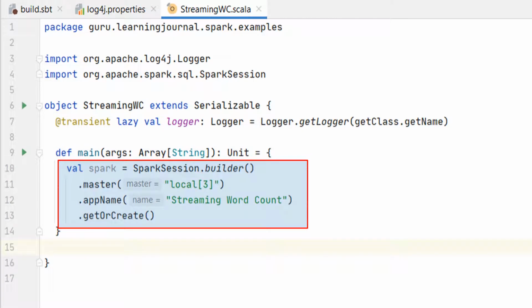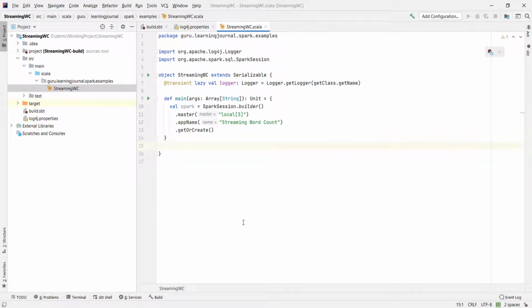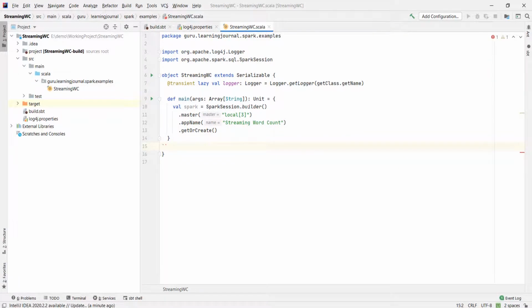Now we can use this Spark session to read and process the data, right? You already know all this. Great. This is my first example. So I explained all the necessary steps to create the Spark project. Most of the examples in this course will follow the same steps to create a new example, and I'm not going to repeat it again. All the examples will start from this point onward, where you will see the main method with a Spark session. Make sense? Great. Now we are ready to start writing the Spark stream processing code.